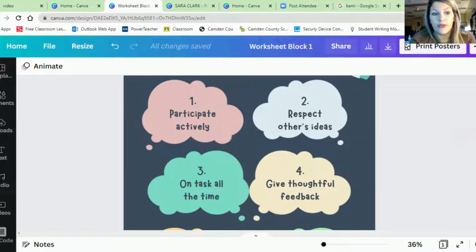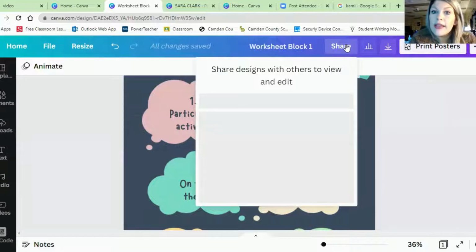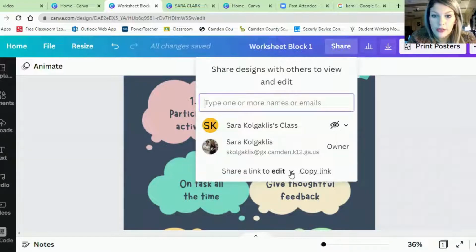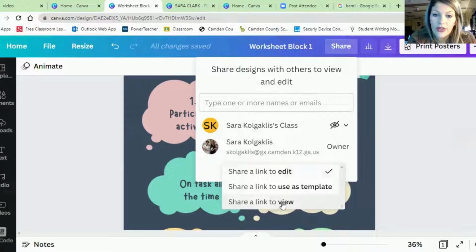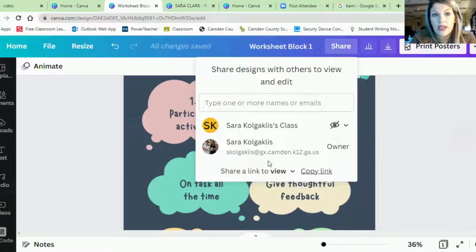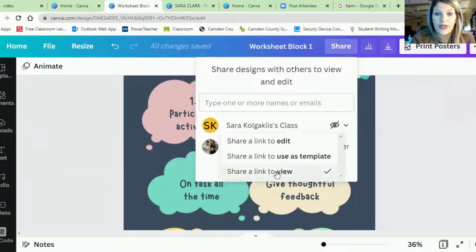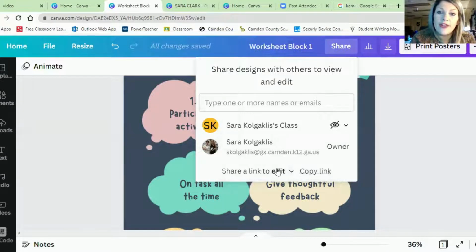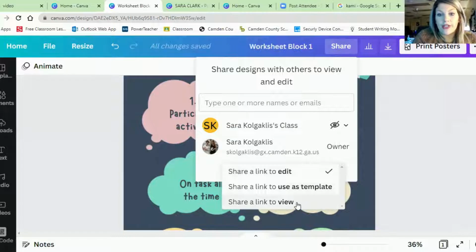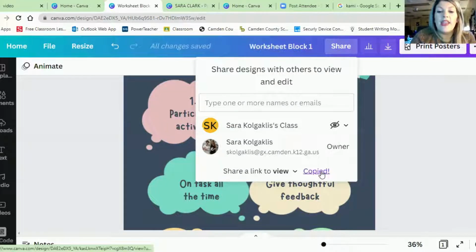The last thing I wanted to share with you is up here where the share button is. Always make sure the students go to this little drop-down box and go to share link to view. So if you create an announcement in Google Classroom and say, post your poster about the Middle East here, and they post the link to Google Classroom, then you want them to be sure that they choose the view version, not the edit version, because if they choose the edit version and send it to the whole class, anybody can edit their work. So always make sure that they choose the view link and then copy link, and then they can post it